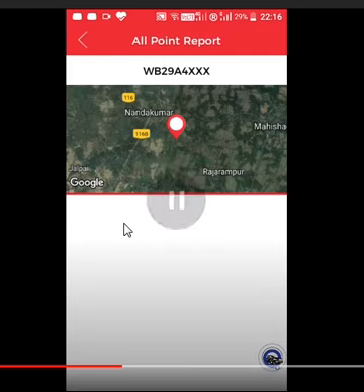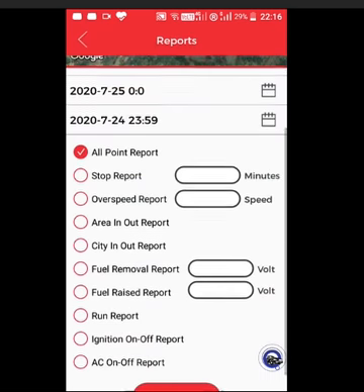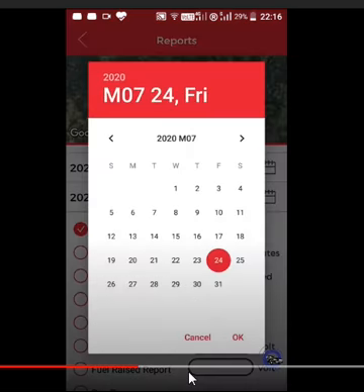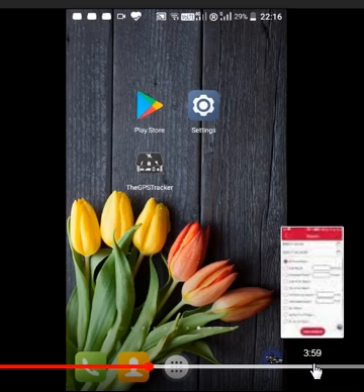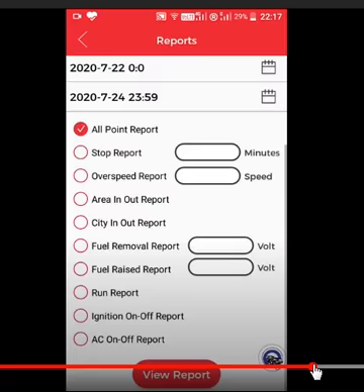So if any such situation occurs, you have to put the from time and end time in the right way, in the right time and date.